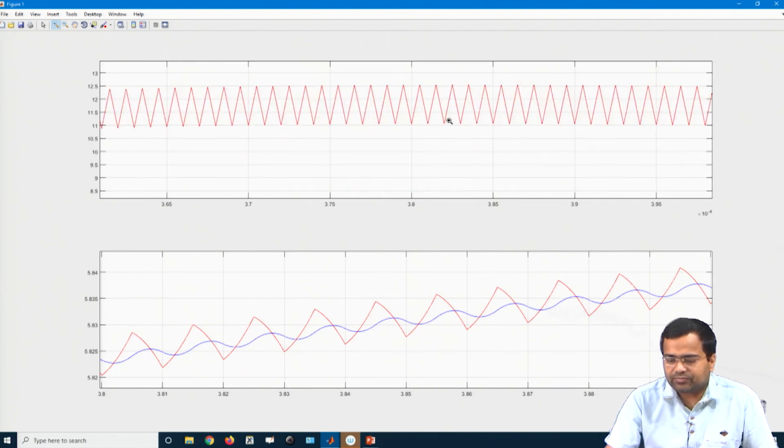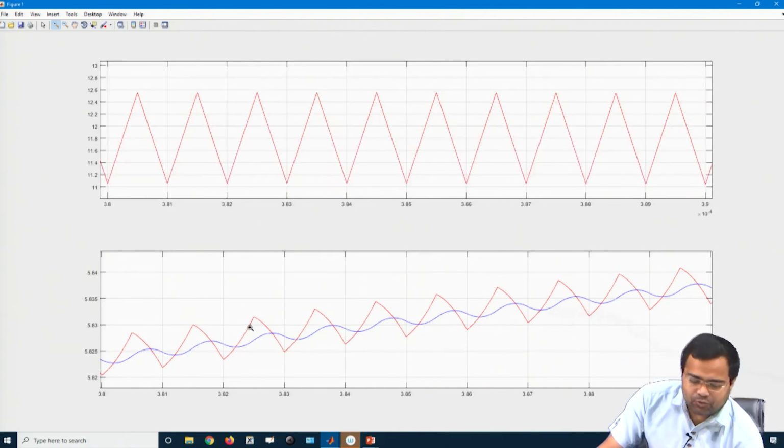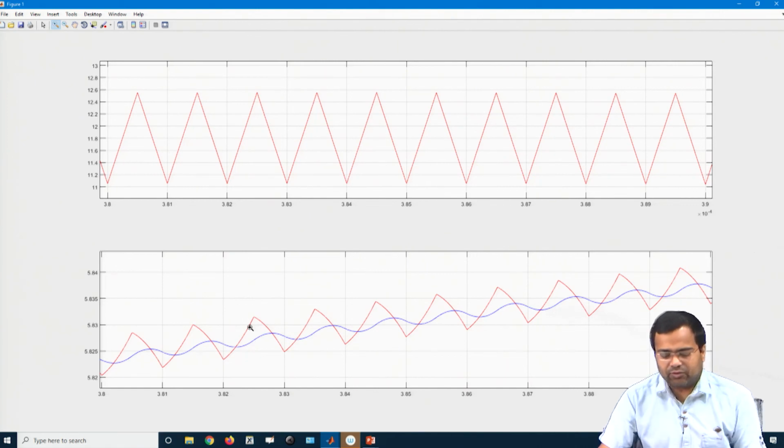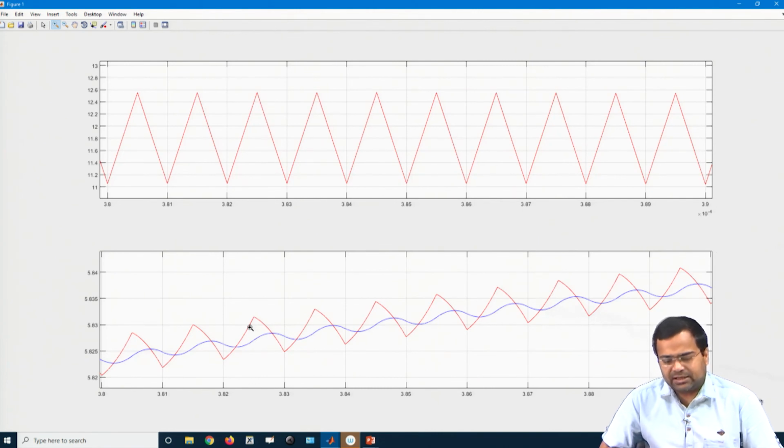So, these are my waveforms, where the blue one is the capacitor voltage and the red one is the output voltage. Due to the ESR, the output voltage and the capacitor voltage are not identical. So, there is a slight difference in this waveform that is visible.